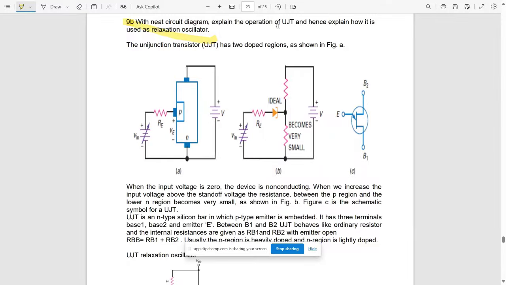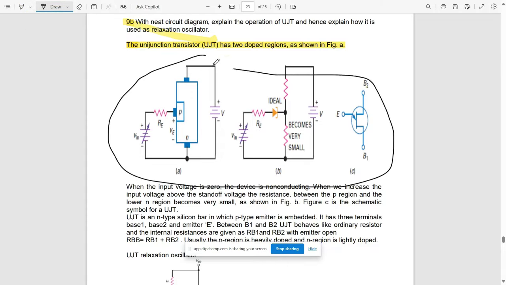So the next question is, with a neat circuit diagram, explain the operation of UJT and then explain how it is a relaxation oscillator. So UJT stands for uni-junction transistor. It has two doped regions as shown in the figure, the P-doped and N-doped regions here. So these are the necessary circuit diagram along with the symbol of a UJT. Okay,